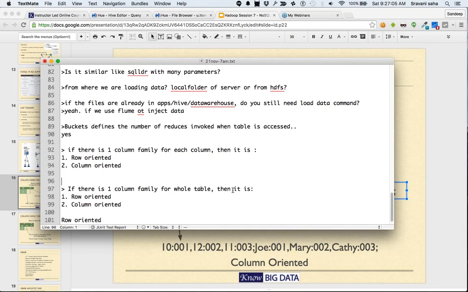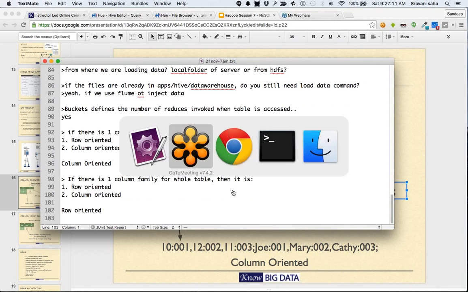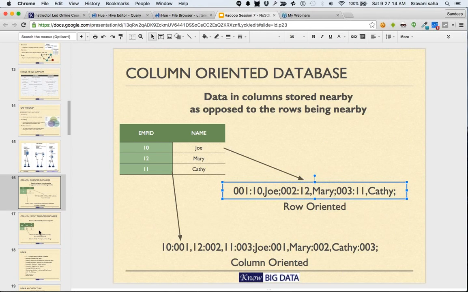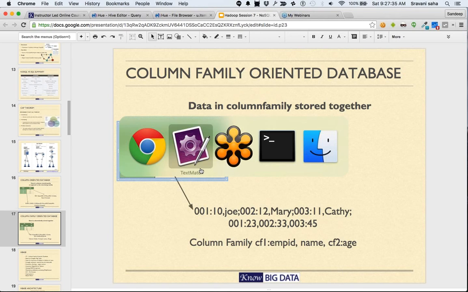Here it will be column oriented. Sounds good to you? All right, so if we create, say, one column family for the whole table, then what will happen is, inside the column family, we go column wise. Like inside the column family, we'll say employee ID, name, age, then 10, Joe, 23, 12, Mary, 33, and 11, Kathy, 40, 45. So it suddenly became row oriented,